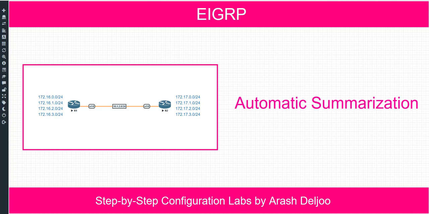In this video, I am going to show you how we can configure EIGRP automatic summarization. By default, this feature is disabled, and here we have a simple scenario, R1 connected to R2. In both R1 and R2, I configured 4 loopback interfaces. Here you can see the addresses of these loopback interfaces in R1 and R2, and let me show you